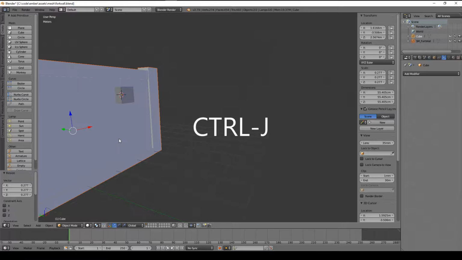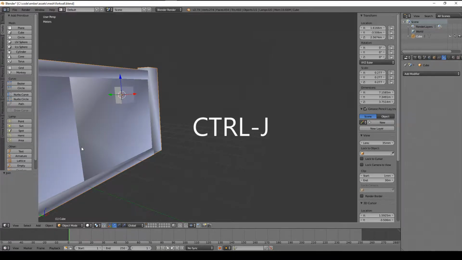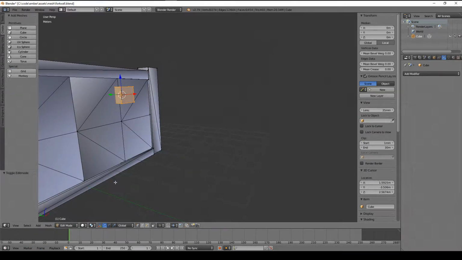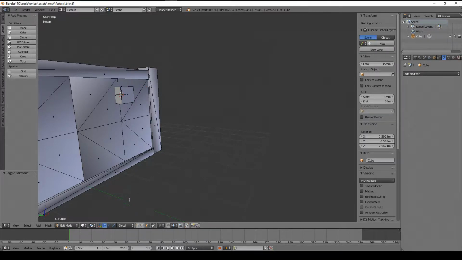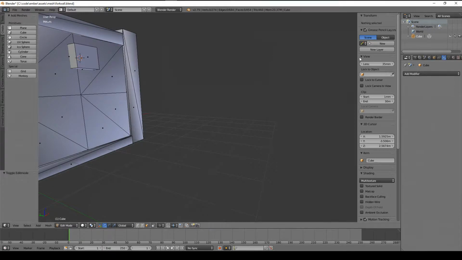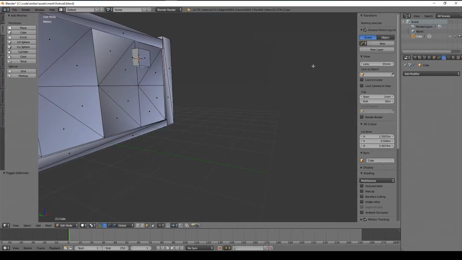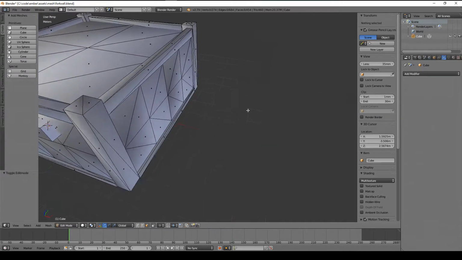You hit Control J, and now they are both combined together. So now if I select this object and go into edit mode, you see that this object is all one model. They're not separate from each other, and that's exactly what I wanted. So now that these are joined together,